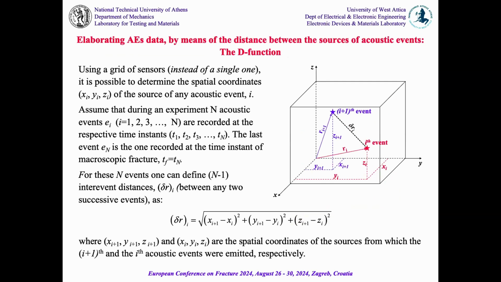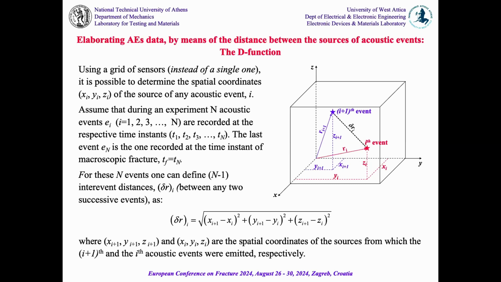Now, what is our purpose now? If we use many acoustic emission sensors, it is possible to detect, among others, the location of the event that produces the acoustic signal. Let us call this position the acoustic source. You need at least 3 sensors to detect the position. I would suggest to use even more, 4 or 5, to have accurate results about the exact position, especially if you have small specimens, because they favor reflections and make the detection of the exact point of the source of